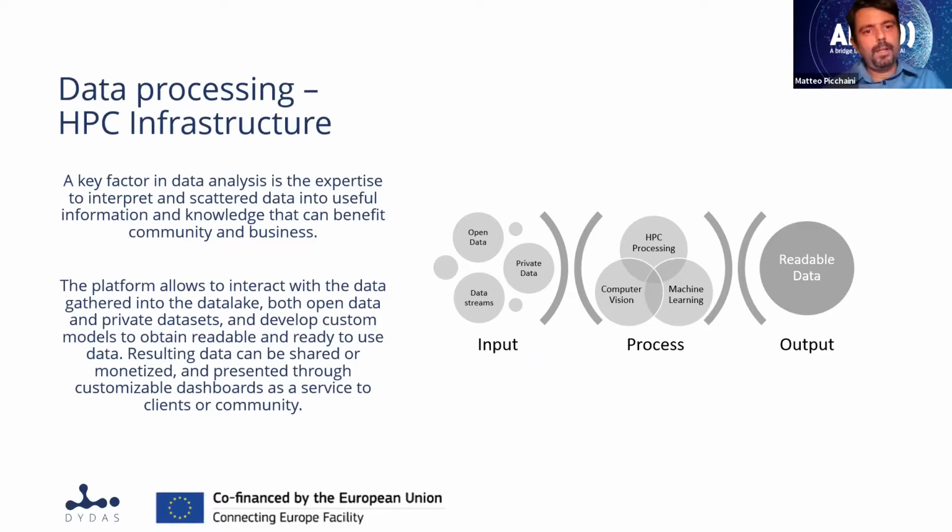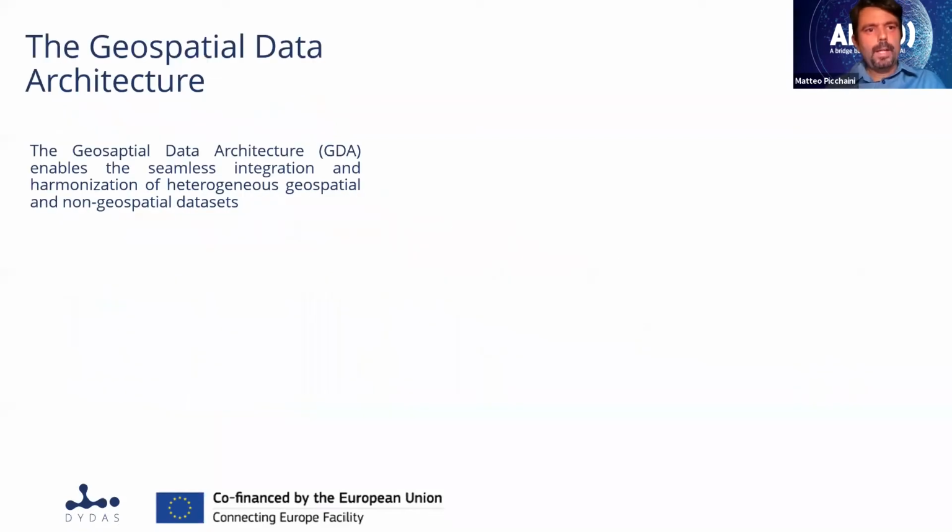Of course, there are many different key elements to be considered in order to implement such a complex infrastructure. And one important key element of the DYDAS infrastructure is the so-called geospatial data architecture, which is an ensemble of procedures